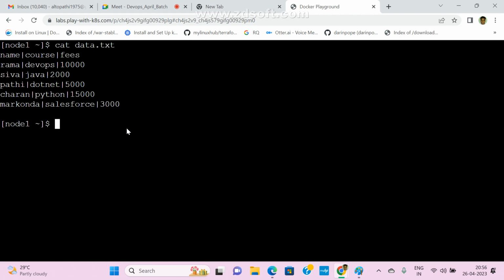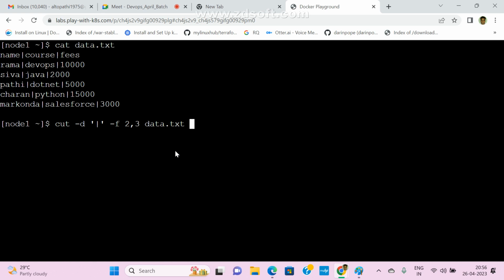No, sir. Okay. Now cat data.txt. Now this is my data. Now I want two columns, course column and features column. So how to print two columns? Same story. cut -d, delimiter based on the pipe symbol, so pipe symbol, -f, and what are the columns? I want two columns, so in that case we can pass 2,3 data.txt.